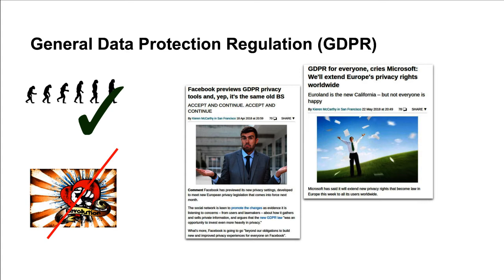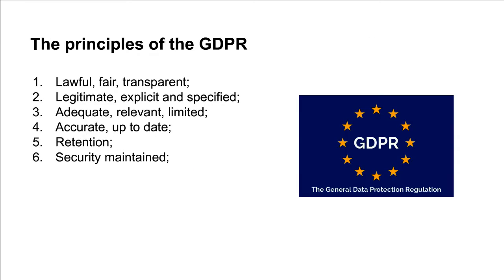You may have heard about it. The key thing to remember about the General Data Protection Regulation, or GDPR, is that it wasn't a revolution, it was an evolution. There was legislation already in place, but it was time to make it a bit stronger, to help protect people like you and me from having our information lost by large organisations. Now there's loads of information about the different principles of the GDPR, and you can find stuff like that all over the internet, so I'm not going to go into it in any great detail. Basically, if an organisation holds information on living individuals, they have to follow the 6 principles.